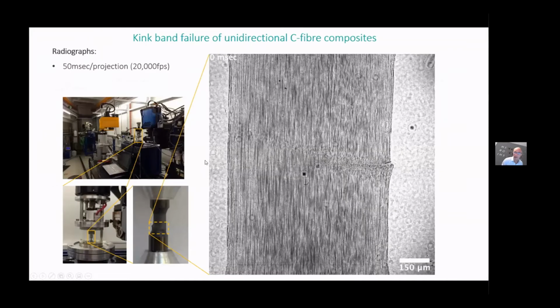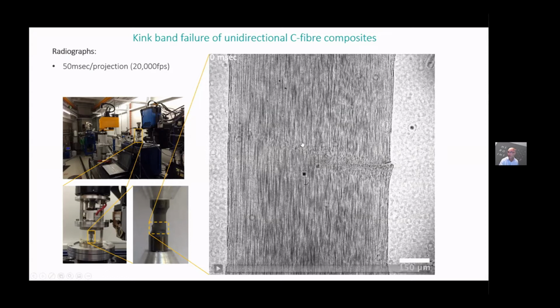Okay. Another example of what you can do at high speeds was done at the ESRF, and we've done similar experiments at the Paul Scherrer Institute in Switzerland, where we're looking at the collapse of carbon fibers. So here we have a unidirectional carbon fiber composite, and you can see in the famous INSA rig, in fact, this was provided by our colleague Eric Maire at INSA, and you can see the little rig with the sample in. So we have a little carbon fiber unidirectional sample,